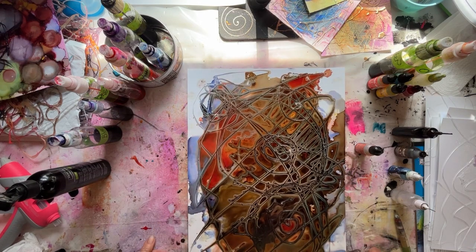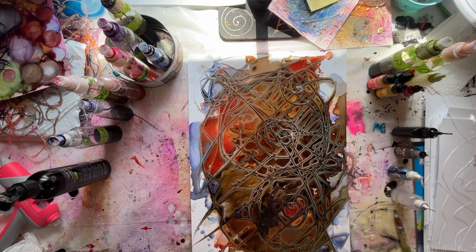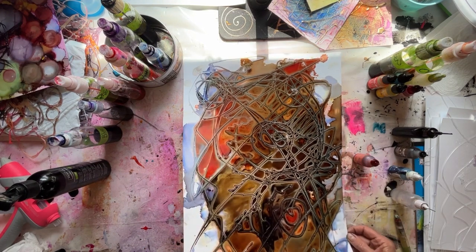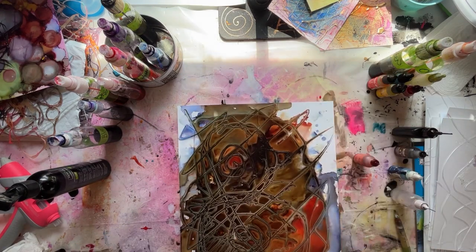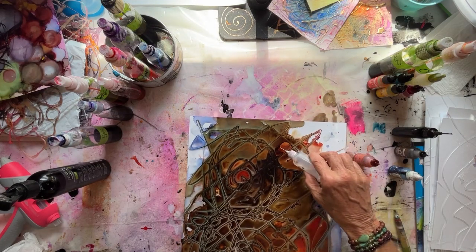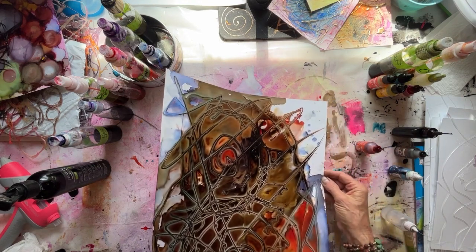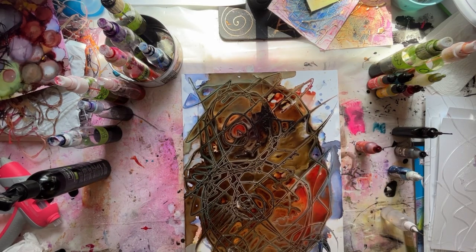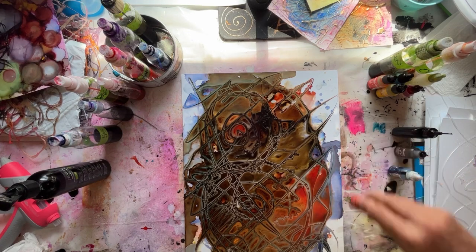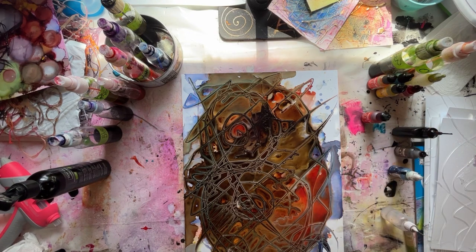So I think I'm finished with this. Maybe. I think maybe just a bit more of terracotta here. I like that pop of orange. Give it a little alcohol, get it moving. So there, more glue gun fun. I'm going to let this dry, and then I'm going to apply the gilding wax, which